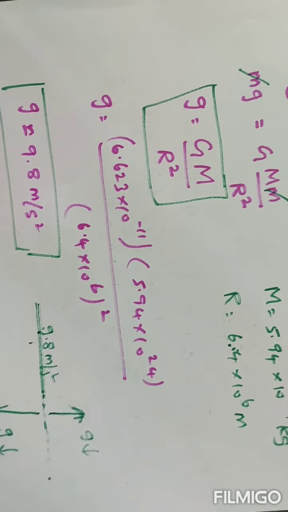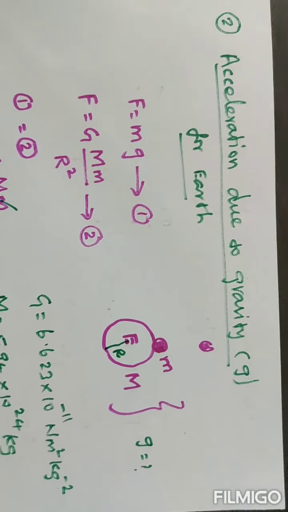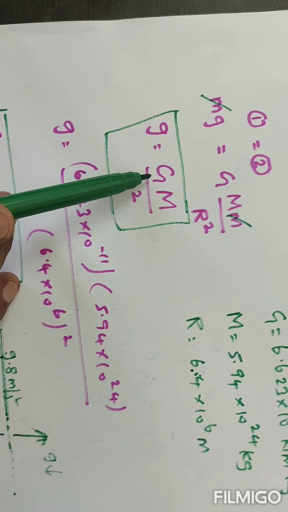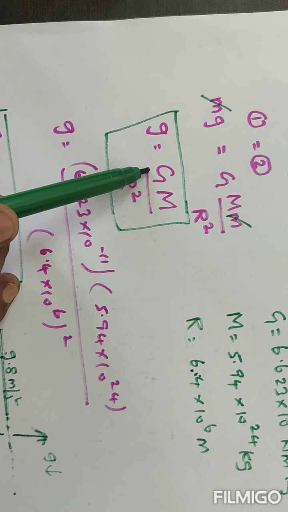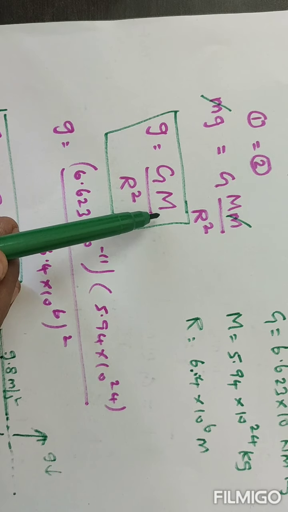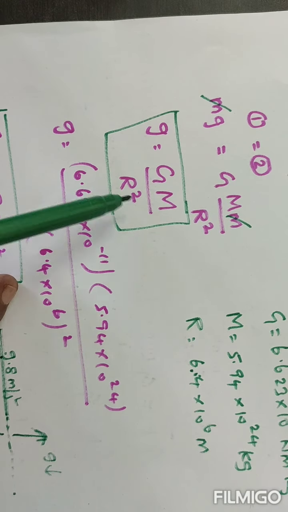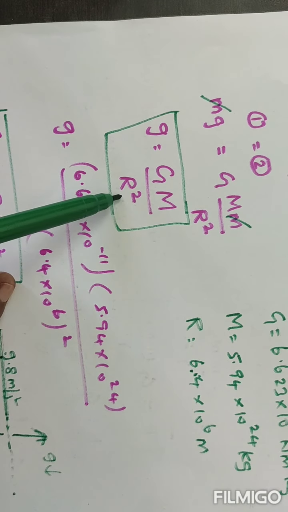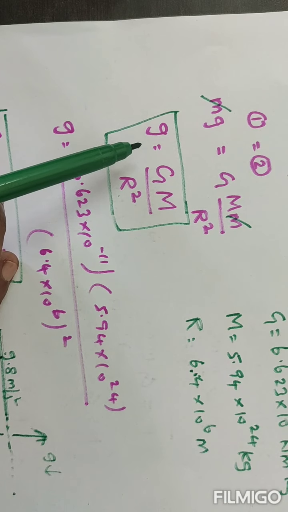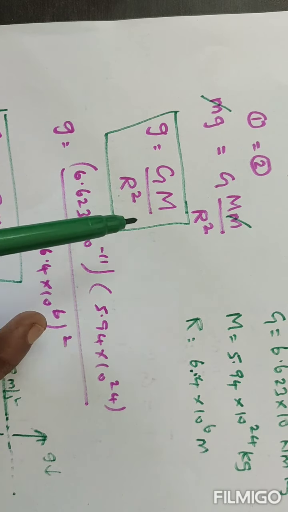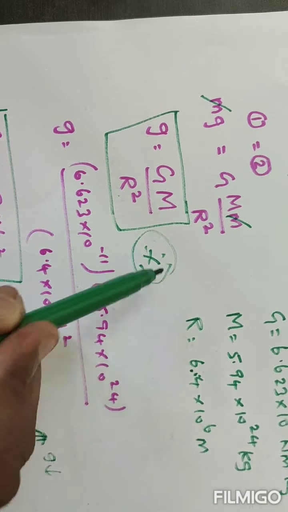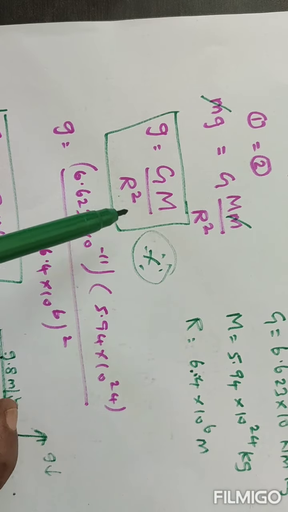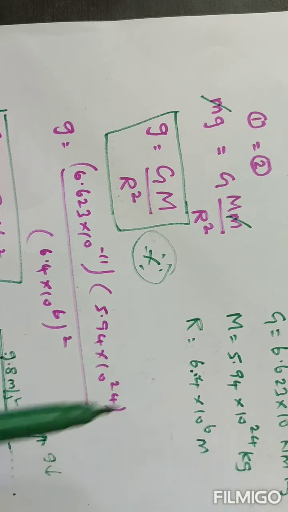Okay students, I hope you understand how to find acceleration due to gravity of the earth. Not only earth, this capital G value is the universal constant. This is the mass of the planet, this is the radius of the planet. That planet name is now earth. Instead of the earth, if you put Jupiter's mass and Jupiter's radius, you can get the gravity of Jupiter. So it is a common formula. You can put any planet's mass and radius value, and you can get the gravity of that particular planet.